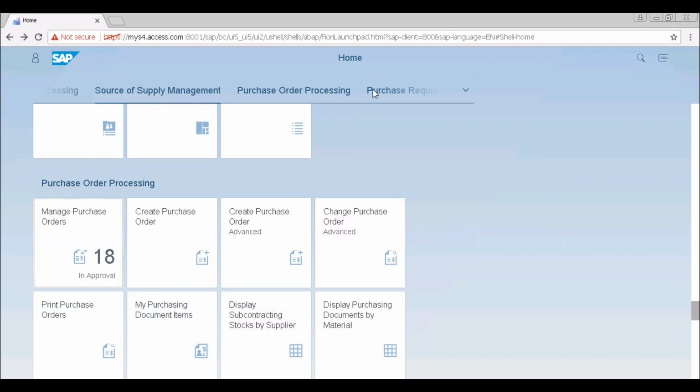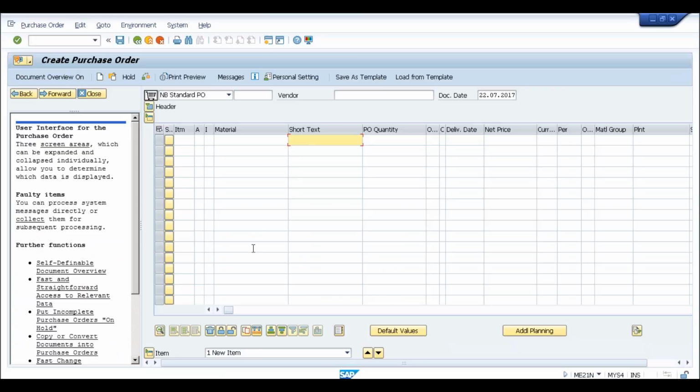Okay, now we talked about creation of PR and PO and how using SAP Fiori screens, your job will be simplified without much of the changes in the business process, or without any new configuration required, without any new features which are provided by SAP in terms of the functionality. Only thing is simplification. Now let's talk about, we already created a purchase order, right? Now if I want to,